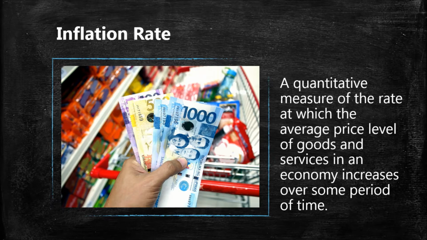Presyo ng mga bilihin. And so when there is a stable inflation rate, you know that the economy and how the people are spending their money with the basic commodities. We're talking of basic commodities, by the way. Kaya nga kapag pinag-uusapan na natin yung presyo ng gasolina, presyo ng bigas, yan, ang unang pinakatatamaan dyan ay yung ating inflation rate talaga, because these are basic commodities that dictate how people are spending their money. And so when people can spend their money on a lot of things, you know that the inflation rate is stable. But when people and the value of their money, kaya lang nila mag-consume ng napakakonti, alam mo na, napakataas